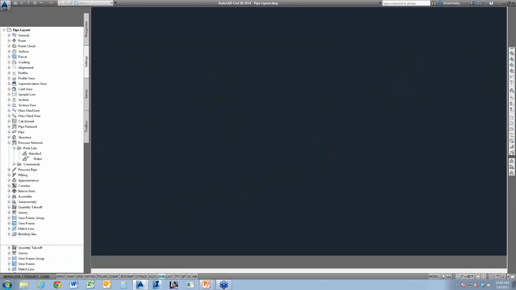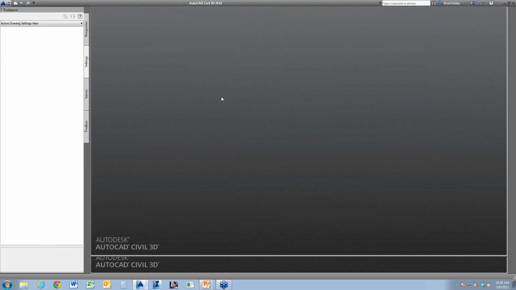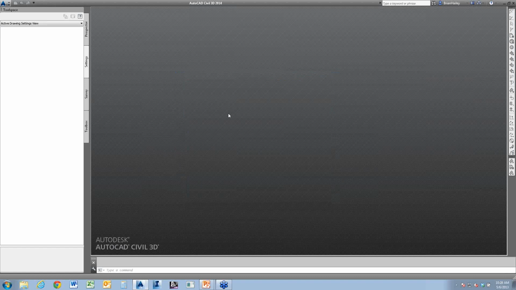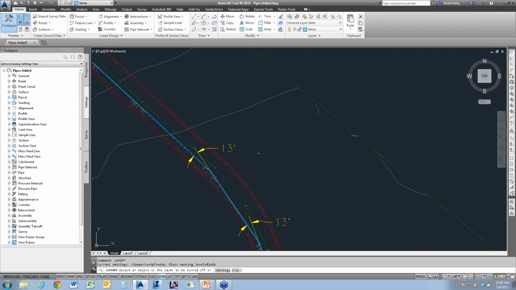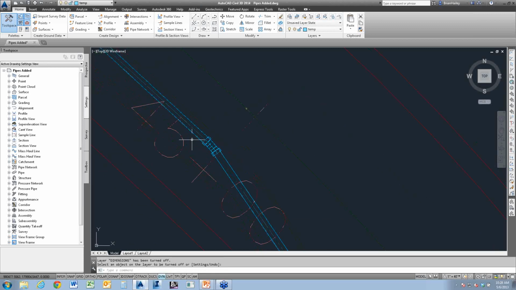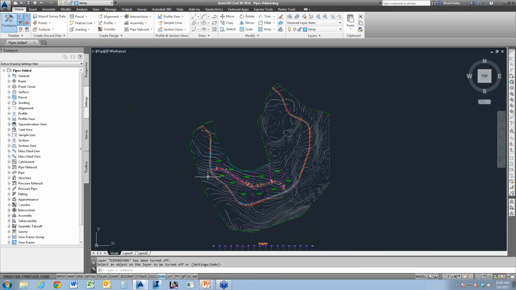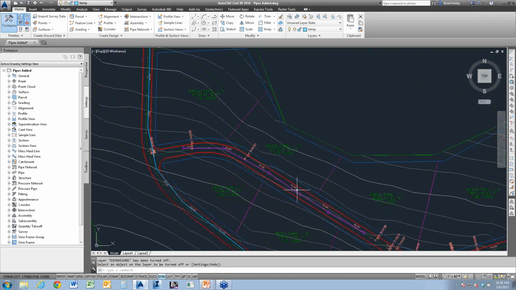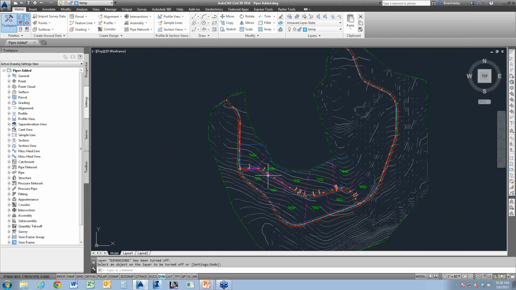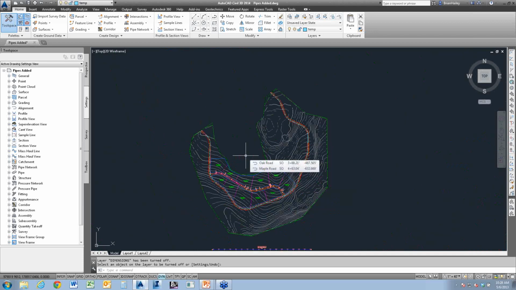Because I didn't want to spend all the time letting you guys watch me model it, I went through and I already modeled it. So let me turn off these dimensions here. So as you can see, I've got this entire road modeled here. I didn't do anything along this road, right? But I did do the rest of the road. And now it's time to start doing the vertical design.